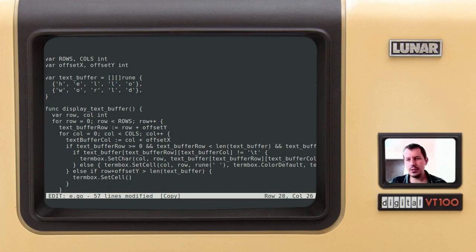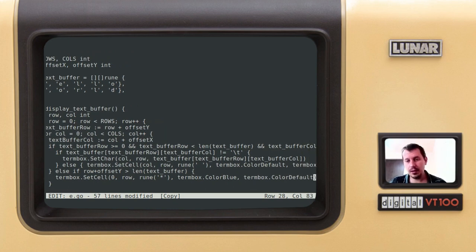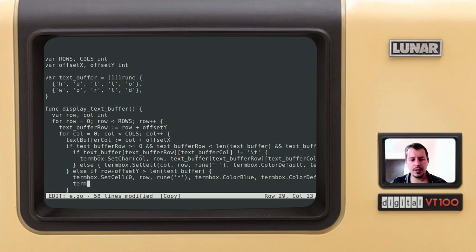Again, set cell because I want to use the attribute here. So column 0, then the current row, then rune asterisk here, and termbox.color blue for the foreground, and termbox.color default for the background. After this, just say termbox.set char, and at the current column and the current row I want to set the new line character. Let's run it as well,